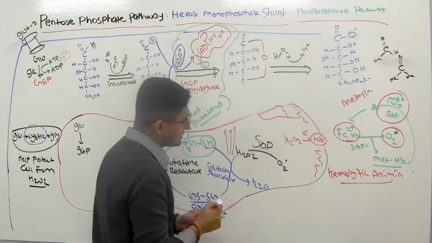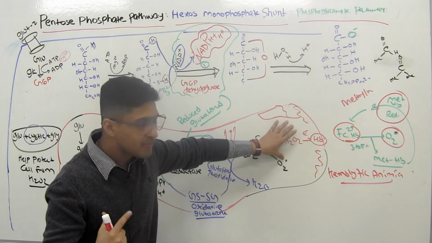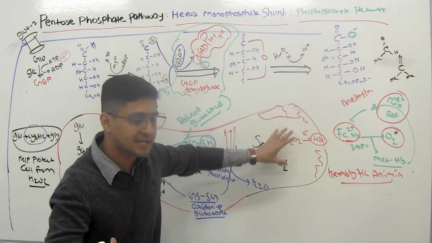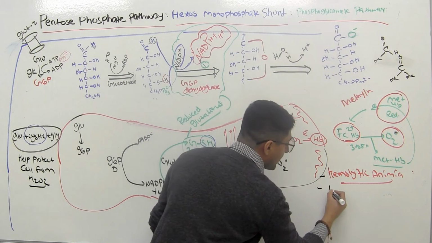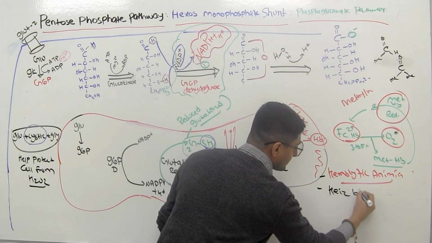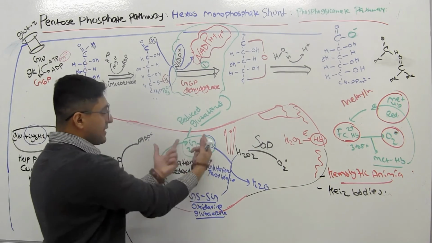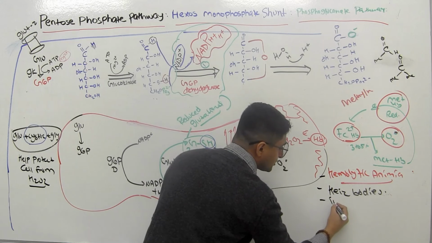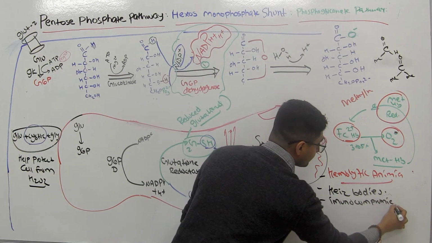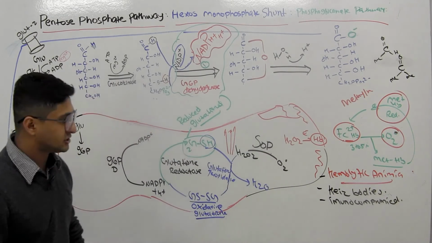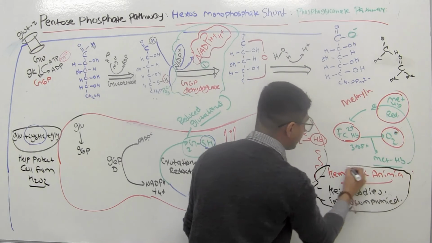And what it also does is that this hemoglobin can get denatured, right? When it gets denatured or precipitated, we call them Heinz bodies. And obviously you're not making the NADPH, so these people will also be immunodeficient, immunocompromised, which basically means that they are very susceptible to infections. So these are the 3 triad that you always see when you have a